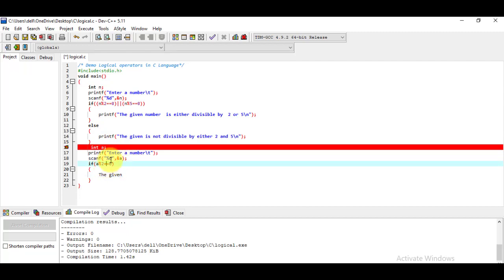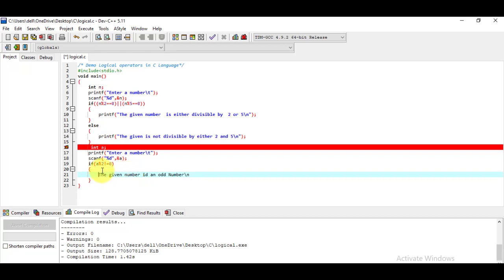Okay, so I have to use the NOT operator, so it has to be used this way. So if a modulo 2 not equal to 0, okay, the given number is an odd number,